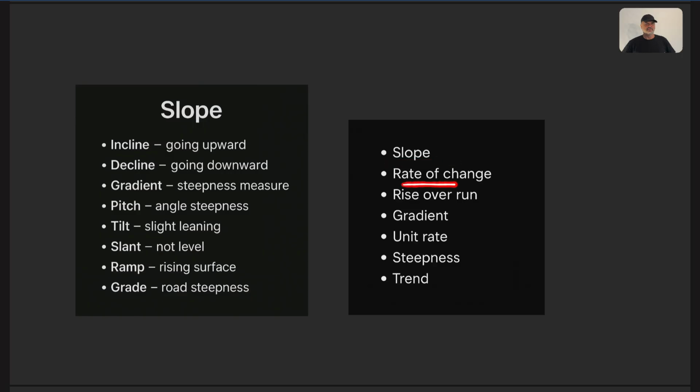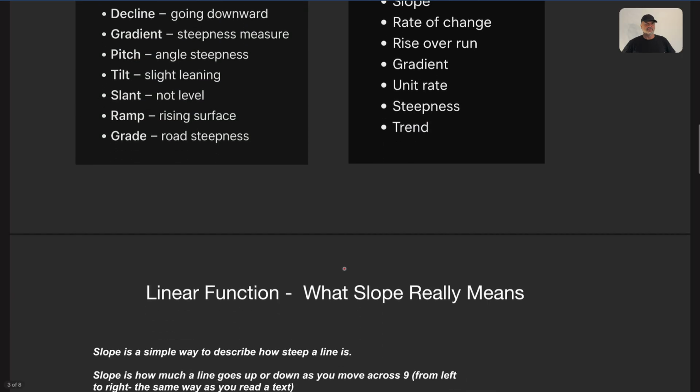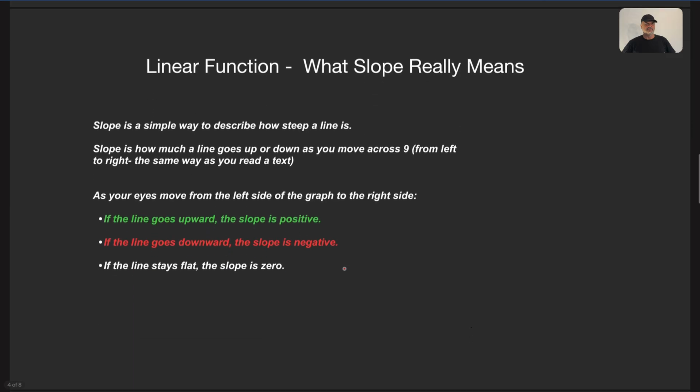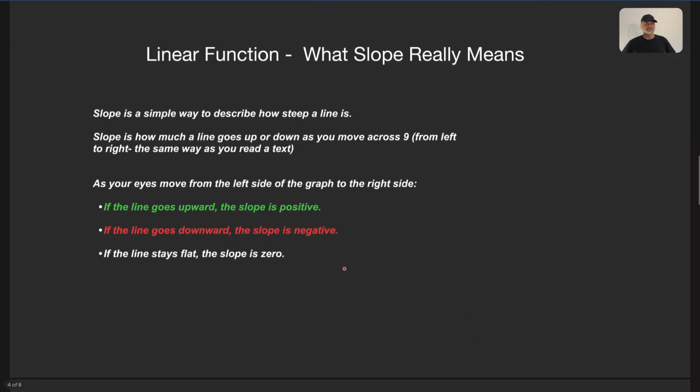How many kilometers per hour? How many liters per minute? Rise over run ratio. So the rate of change represents the ratio, so that's the rise over run. The gradient, the unit rate, right? 50 miles per hour. Steepness of a line, positive or negative, you're going to see that. So in the mathematical world, the linear functions and the meaning of slope pretty much represents the steepness of a line,